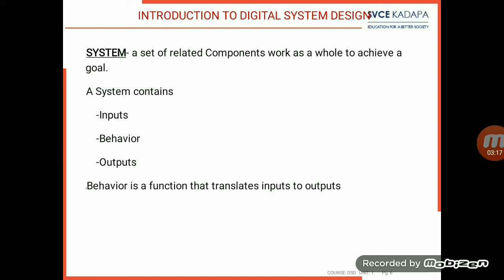First of all, what is an analog system? A system whose output continuously depends on input values. Based on that, it will produce the output. That system we can call an analog system. In the sense, at any time, the output of the system depends upon the input signal. So that is the analog system.